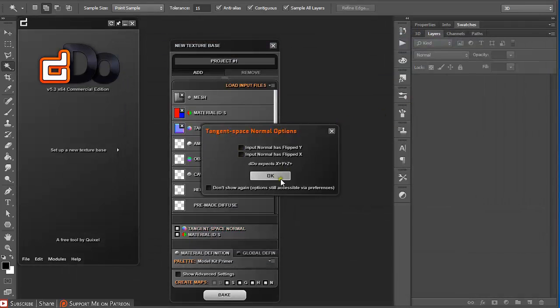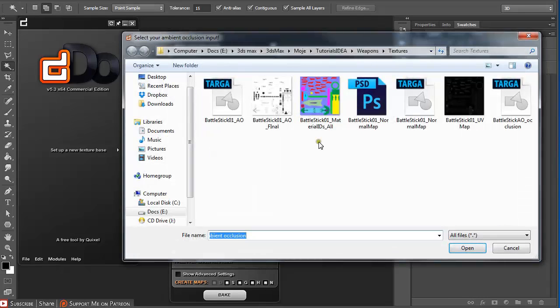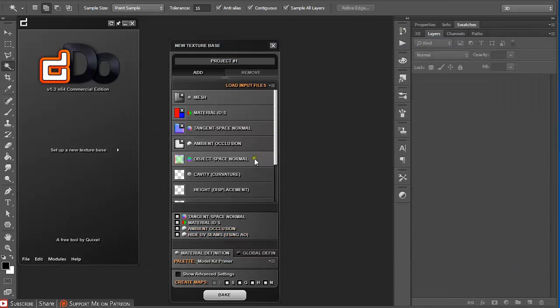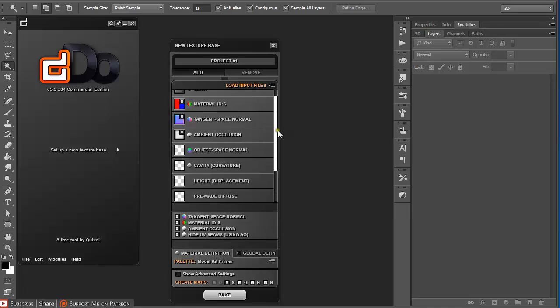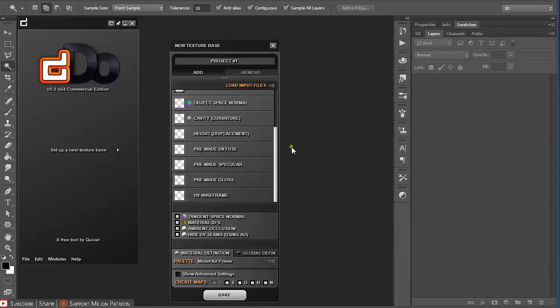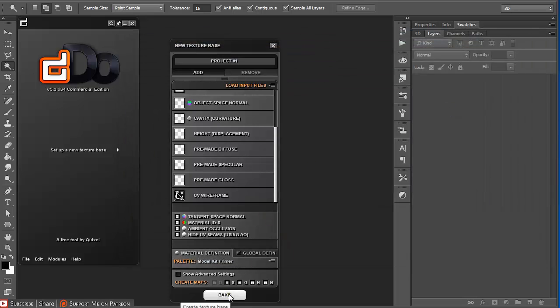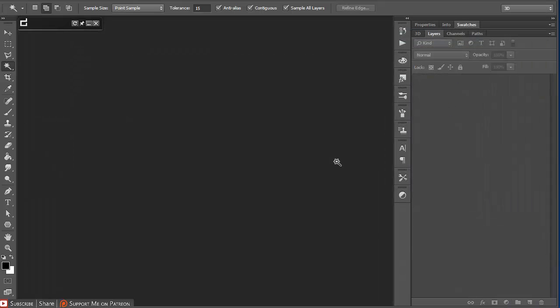tangent. I will leave this as it is, or you can also flip the Y and X axis, ambient occlusion, and you can also add some additional maps if you have them, like object space normal, cavity, height, premade diffuse, specular, gloss, UV, wireframe. We have that, and then just click on bake, and it will take some time for dDo to do its